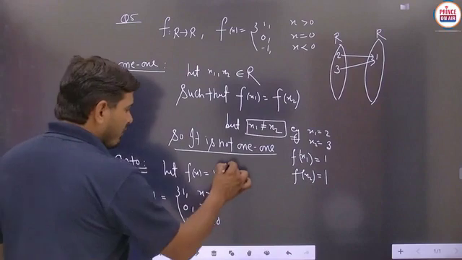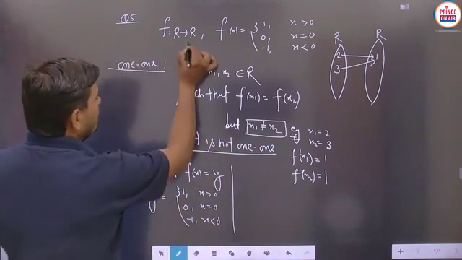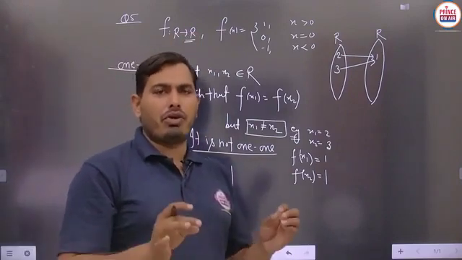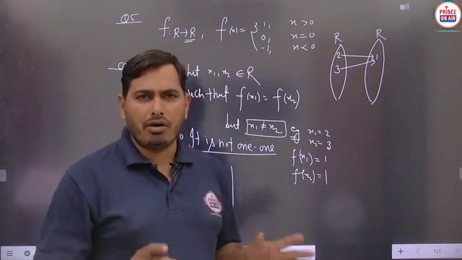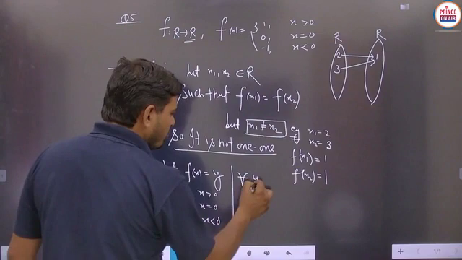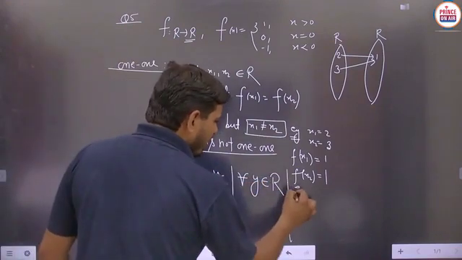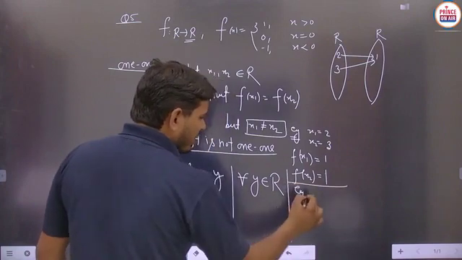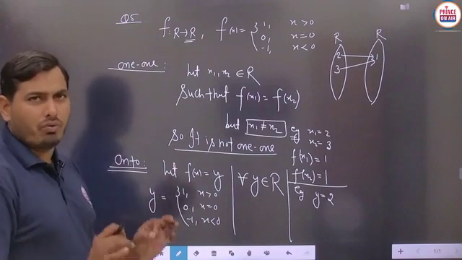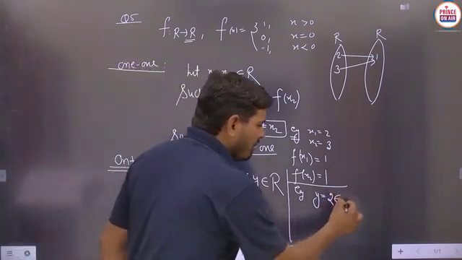Now student, we will see the codomain of the given function. The codomain of this given function is R. Means we have to check for this codomain whether the pre-image exists or not. Suppose, student, for all y belongs to codomain R, we take a simple example so you can understand. Suppose we take y equals 2, then whether this y equals 2 is possible or not, we have to check. But 2 belongs to the real numbers. Is it clear?